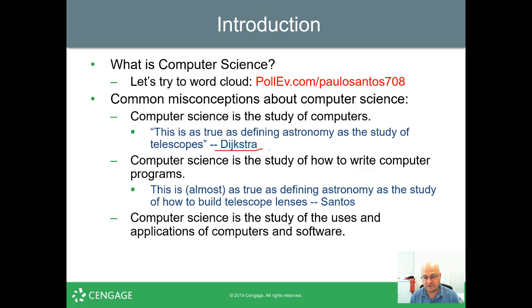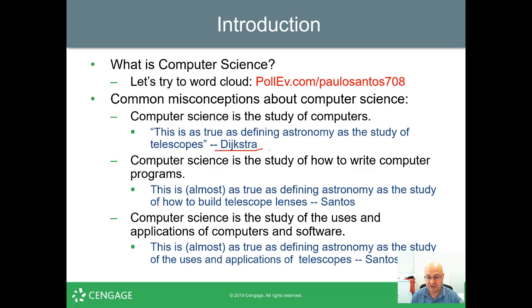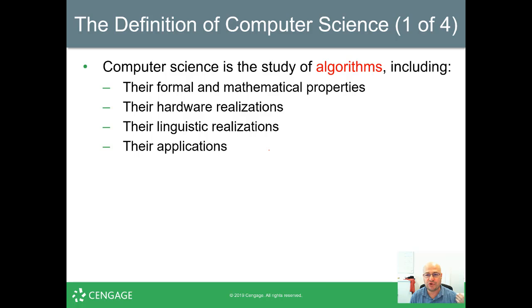Computer science is the study of the uses and applications of computers and software. That's almost the same as defining astronomy as the study of the uses and applications of telescopes. No, these are all misconceptions. They're all wrong. So computer science is essentially the study of algorithms, including the formal and mathematical properties, which we're going to see in the next lecture,